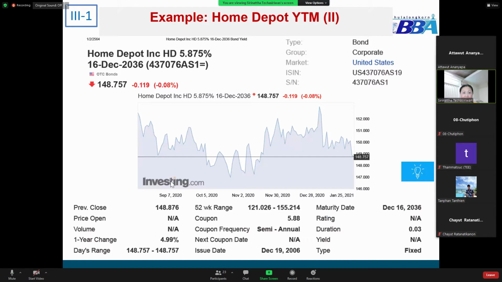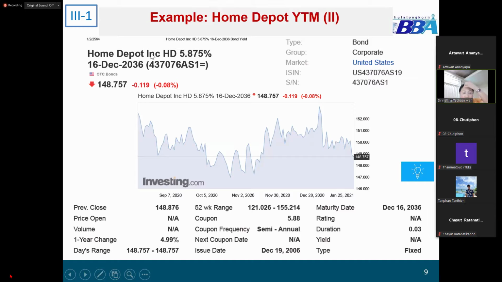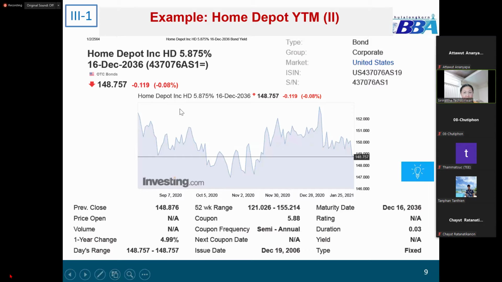Yeah, because if you look at this, this is the actual number. I just looked at the data from the end of last year. You can see that the price of Home Depot right now is a lot higher than par value. It is traded at about 148% of the par value, right? Because the coupon promised a long time ago on par value is high, right? So this actual number supports the theory,